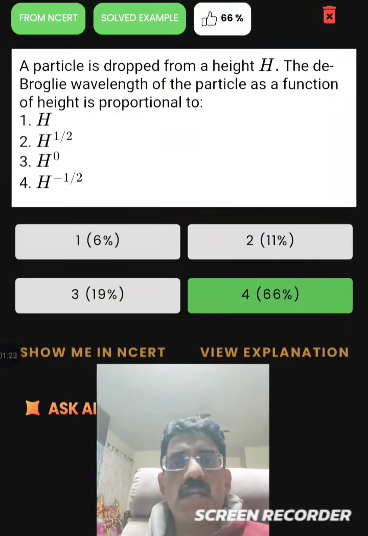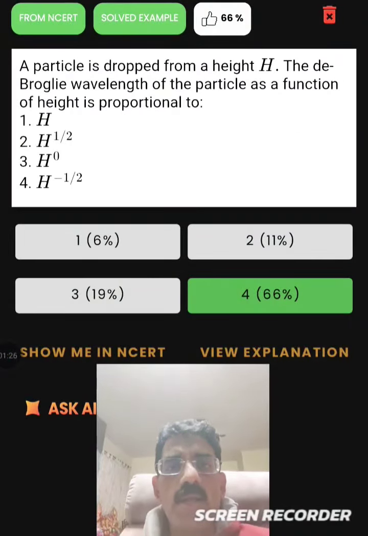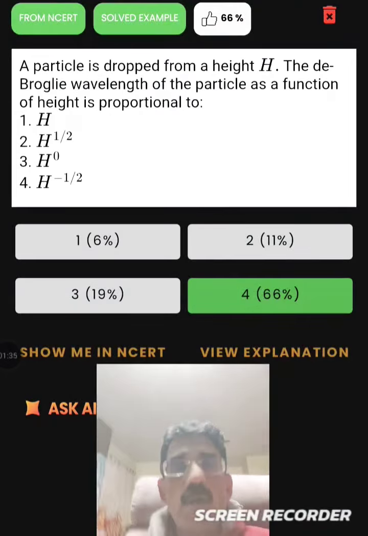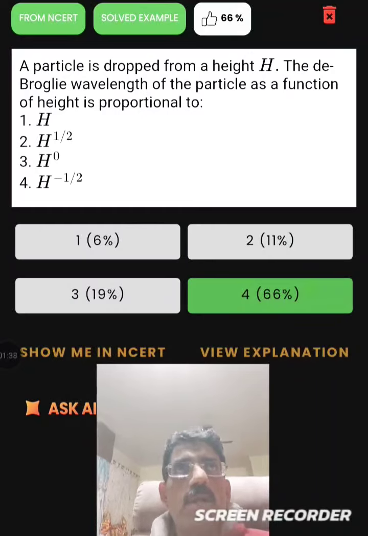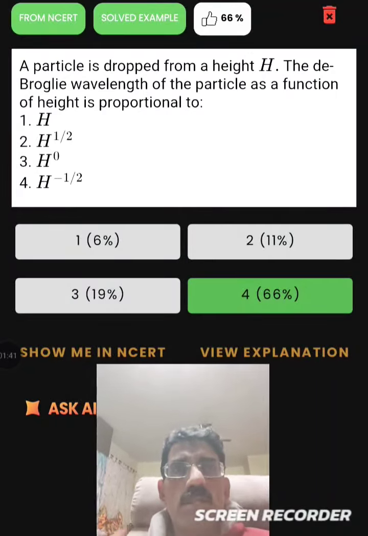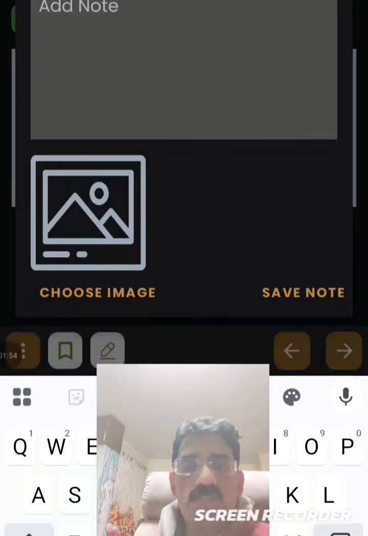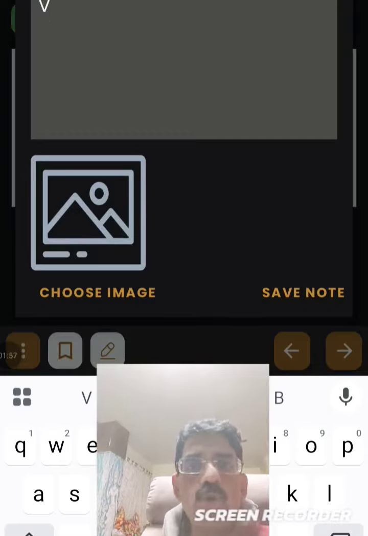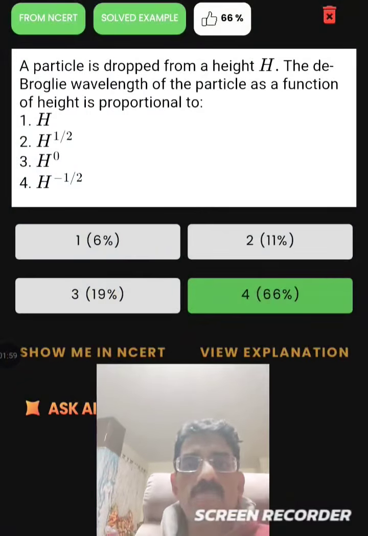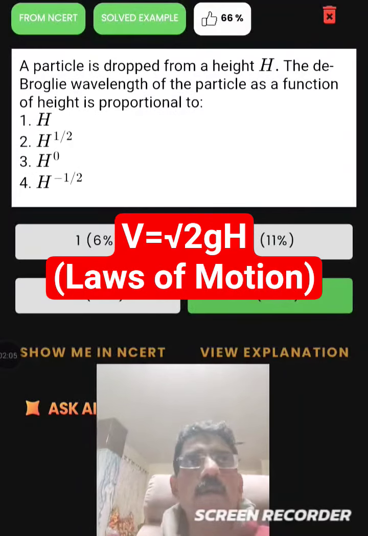The next question is basically talks about a particle which is dropped from a height h. What is the de Broglie wavelength for such a particle in function of h? How is it related to h? You know this basic thing that when a particle is present at a height h, it needs to have its mass, it needs to have a velocity. The velocity will be directly dependent on what? If it is at a height h and is dropped down, what do you get the velocity as? Velocity is directly dependent on root 2gh, right? So the velocity becomes directly related to root 2gh, and so therefore v is equal to root 2gh,